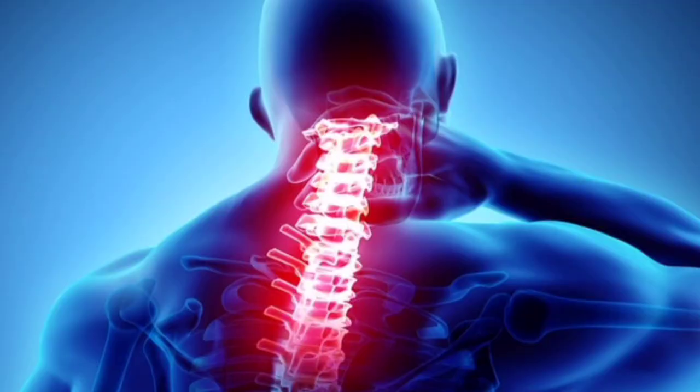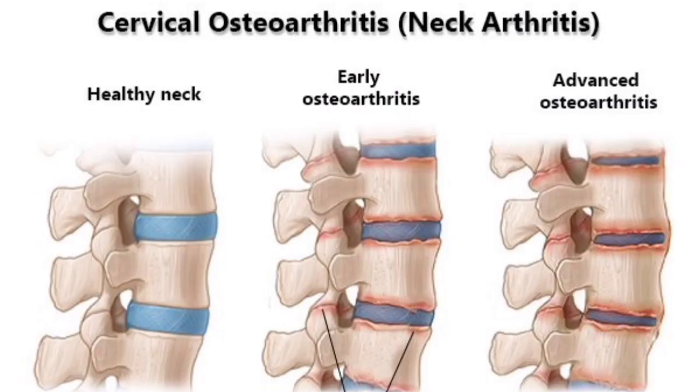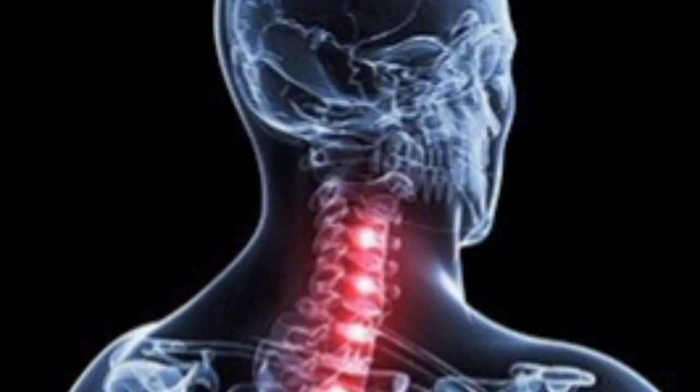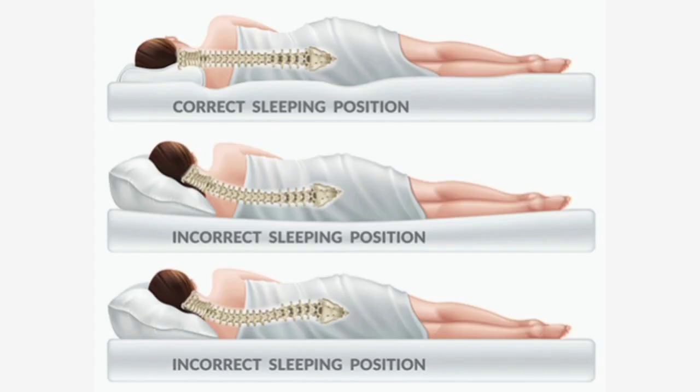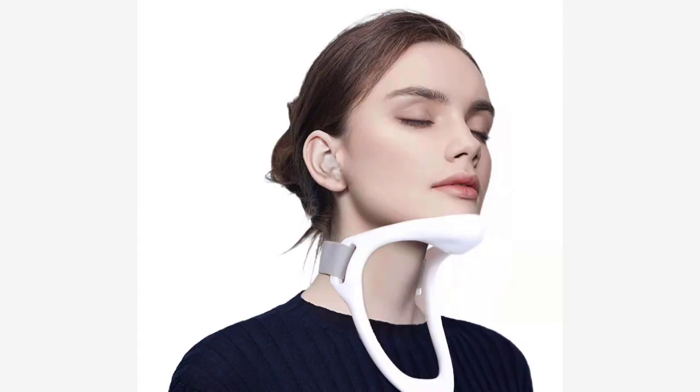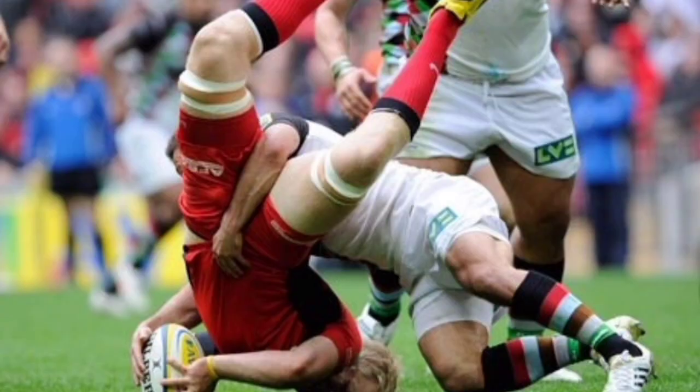Some occurrences of cervicogenic headaches are not preventable. This is the case with headaches stemming from a condition like osteoarthritis, which tends to set in with age. Some of the same strategies for managing pain may also prevent these headaches. For example, practice good posture when you're sitting or driving. Don't sleep with your head propped too high on a pillow. Instead, keep your neck and spine in alignment, and use a neck brace if you're sleeping in a chair or sitting upright. Also, avoid head and neck collisions when playing sports to prevent injury to the cervical spine.